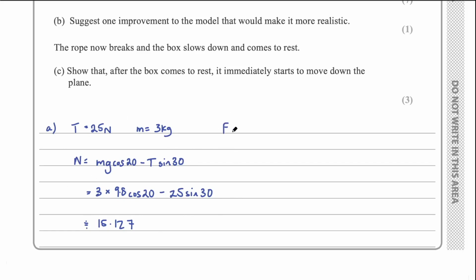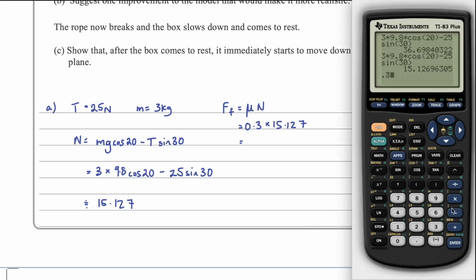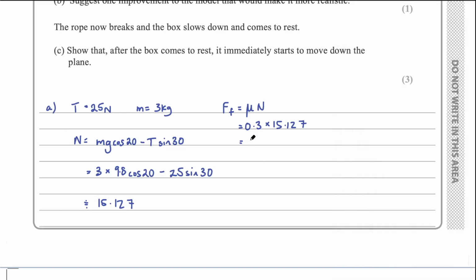Therefore, we can work out the frictional force, which will be mu N, which is 0.3. They tell us the coefficient of friction, 0.3, multiplied by 15.127. And let's work that out on our calculator now. 0.3 times the answer from the previous calculation. And that gives us a frictional force of 4.538 newtons. Again, that's rounded off. Okay, so we have the frictional force,